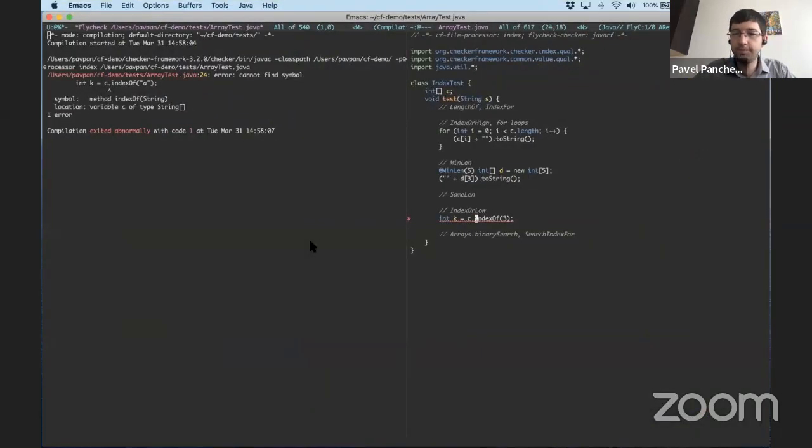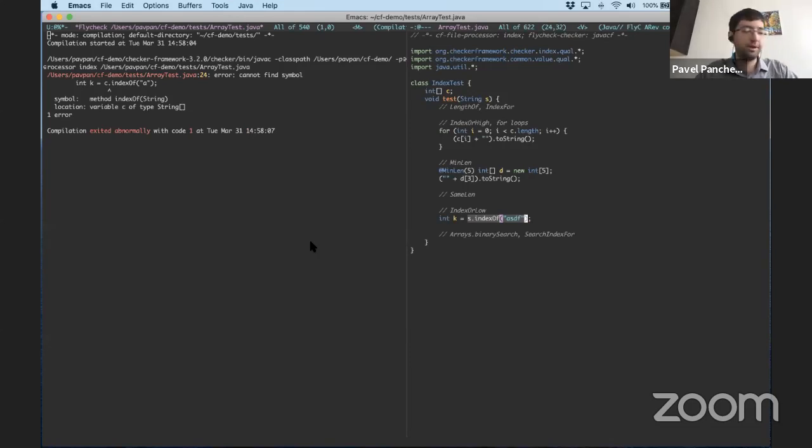Okay, let me just do this, which I think will work. Okay, I don't know what happened with arrays, but the index checker works on general sequences. So I'll just switch to using strings for this. So here I've done index of for a string. I've received an integer back.